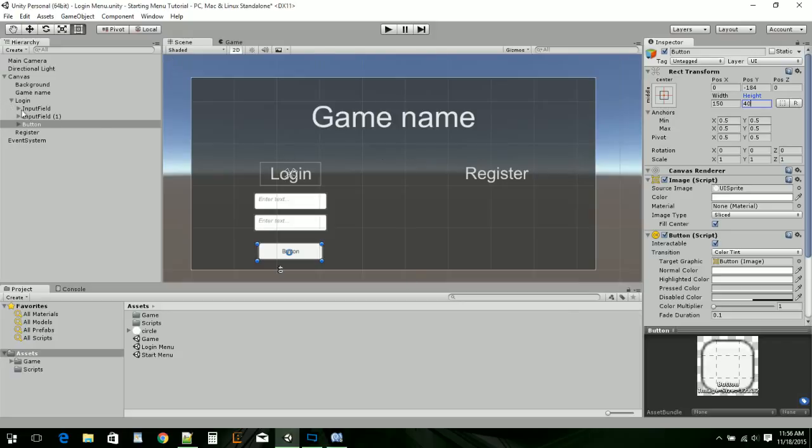So now we're going to change the actual name. So input field, this is going to be username. And the input field 1 is going to be password. And the button is just going to be login button. Okay, so username,